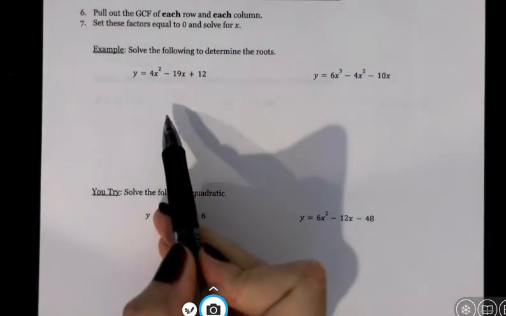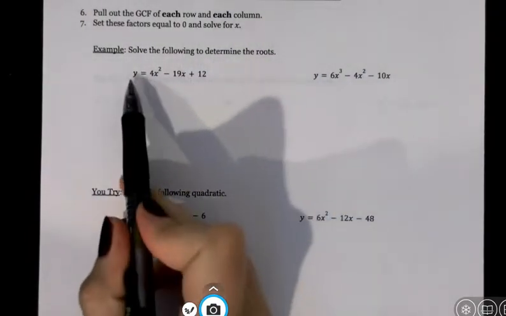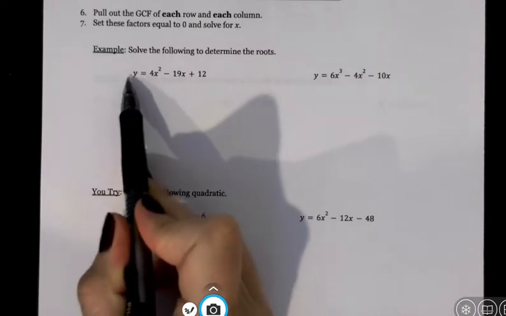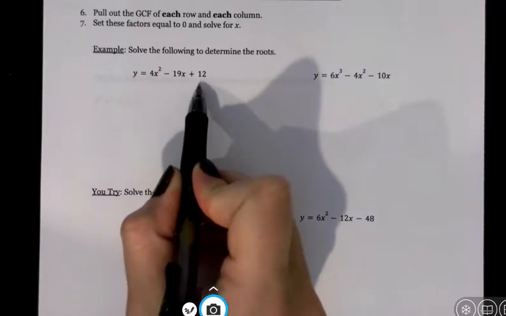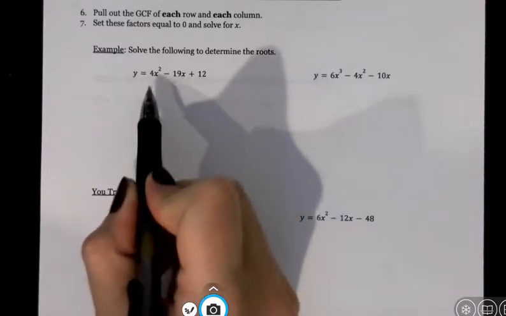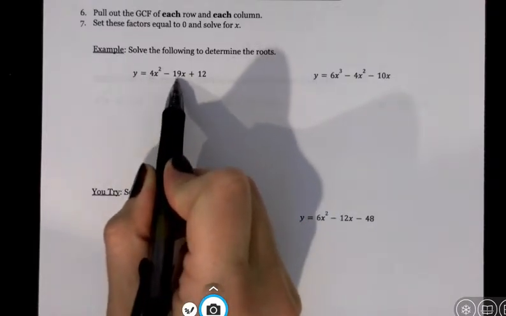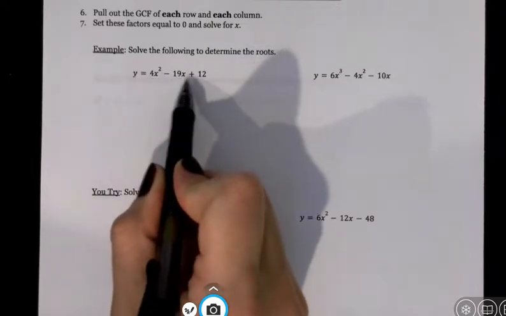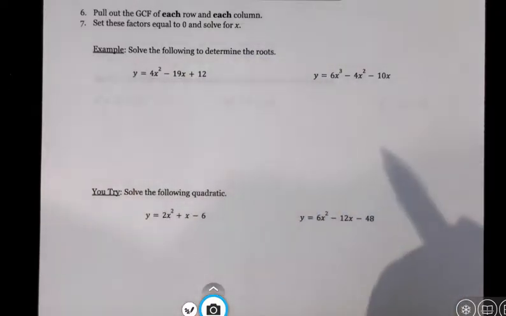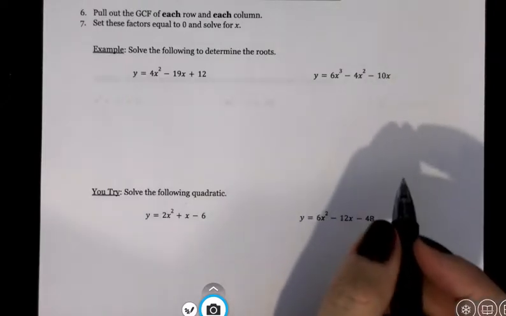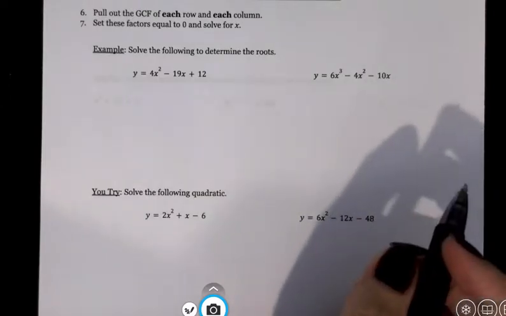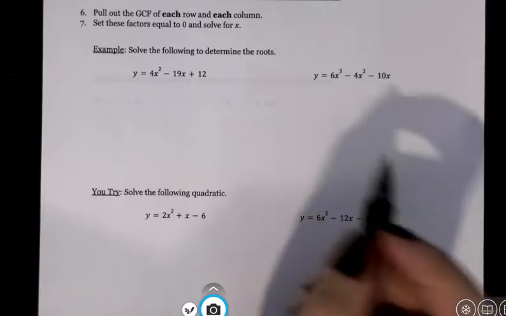So for this first one here, I have y equals, so we can say that that's a 0, and I have 4x squared minus 19x plus 12. So I'm going to look for my GCF, and because of the 19, I actually can't divide them all by anything other than 1. So to factor this, what I need to do is multiply my a and my c,